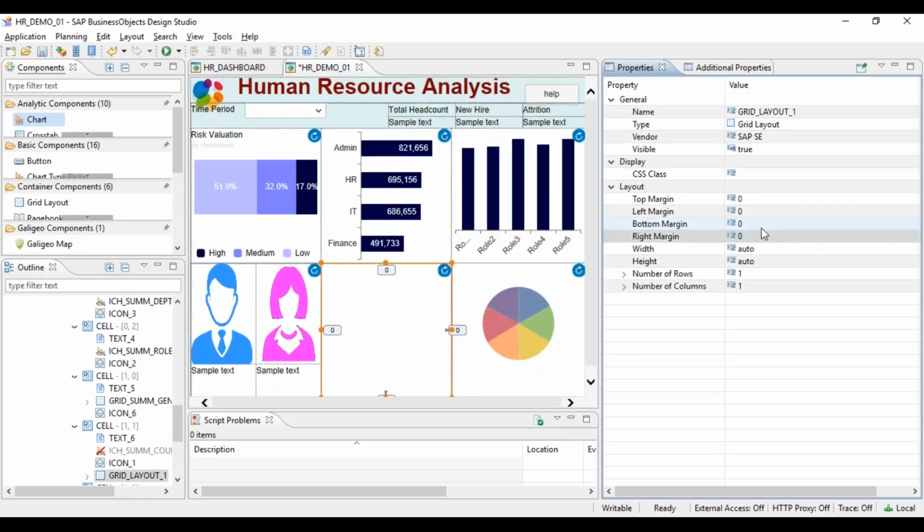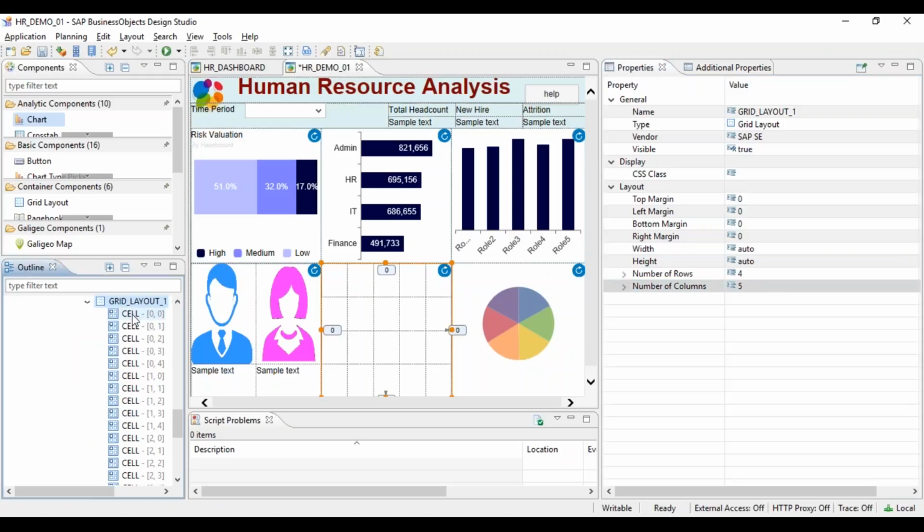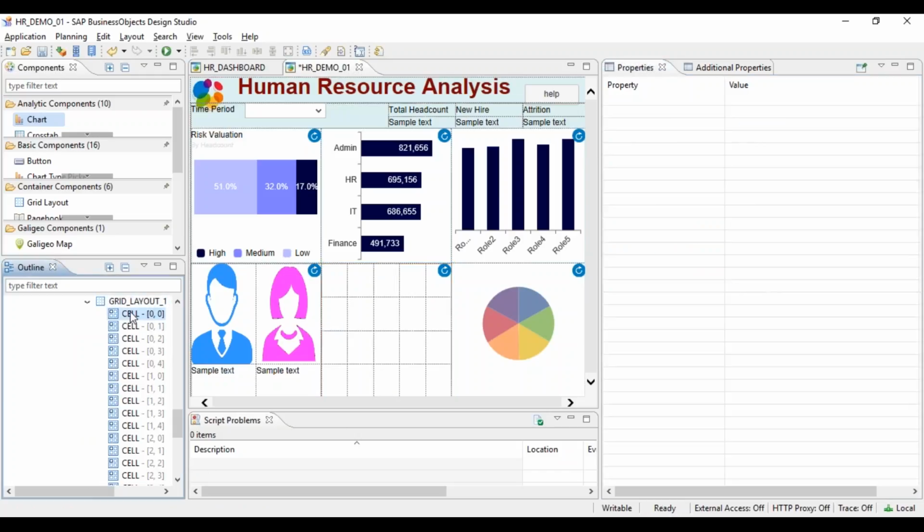For example, if your crosstab has a limited number of rows and columns that you know, say 4 rows and 5 columns, you divide that grid and put a single text box in each cell and then map the data. It will give you a feeling of a table, but actually it is not a table. It is a combination of different cells, different text boxes, you are just putting into one grid component. It will give you a feeling of a table, but it's a text box, so you can manipulate the data.